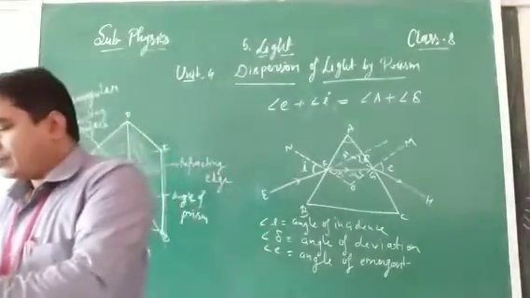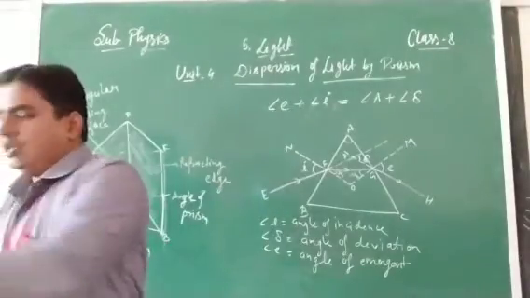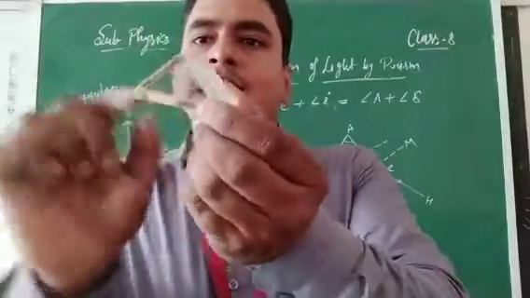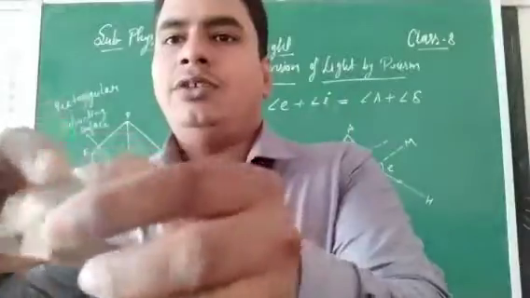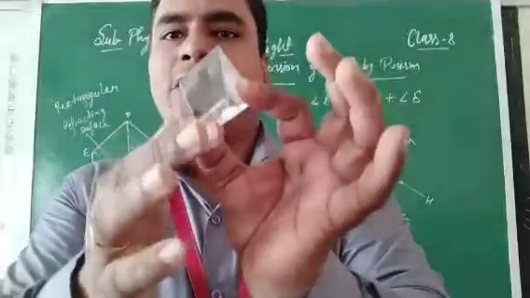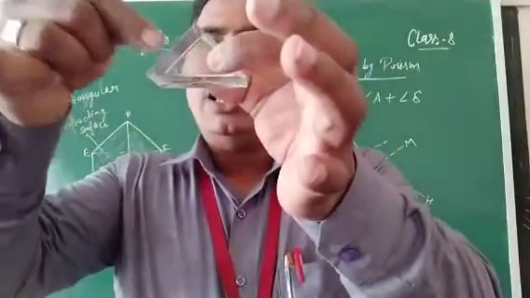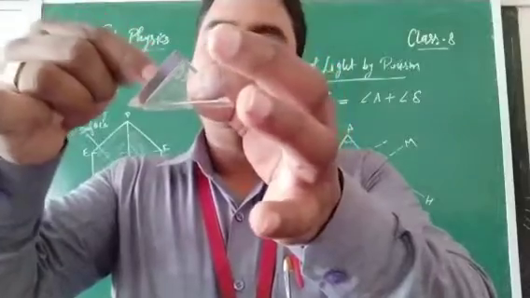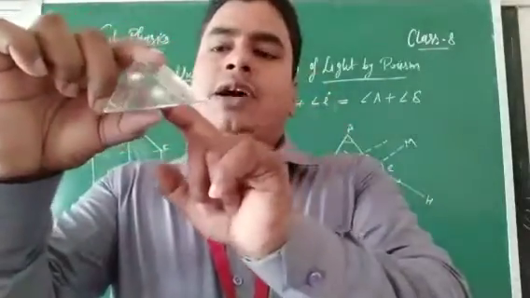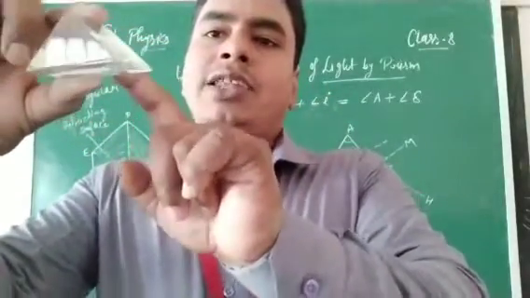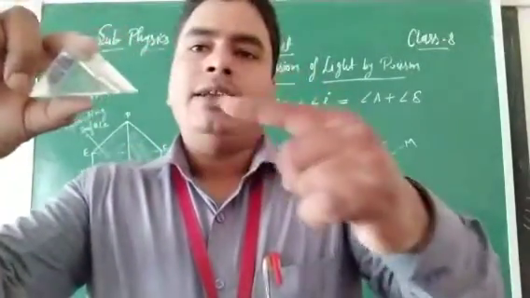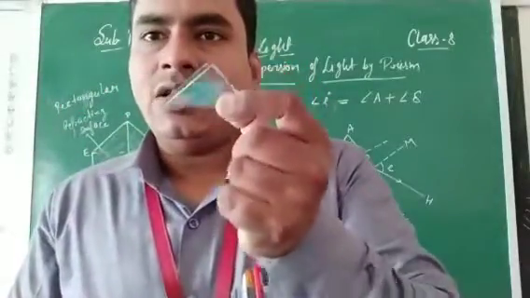Like this, see. This is your glass prism, okay? See, these two faces are triangular and these three are rectangular faces. See? 1, 2 and 3. This is a rectangular face, and this is a rectangular face. So when we pass light through these rectangular surfaces at an angle from the normal, it passes first from rarer to denser medium, that is the denser medium of glass, then again from denser to rarer medium, means air. Then it will show deviation or dispersion.